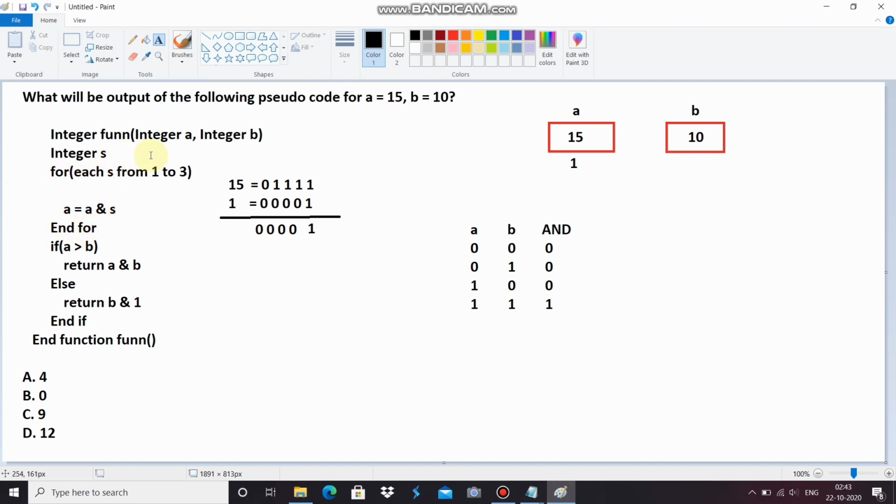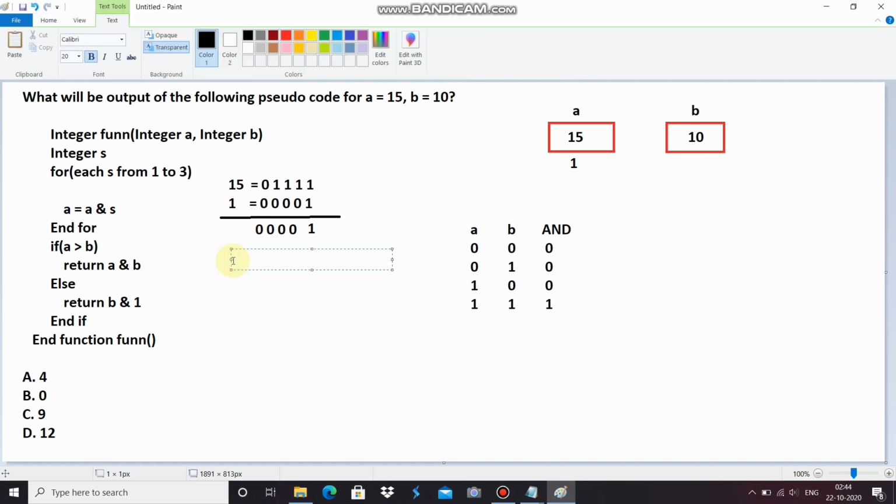it will iterate a second time. The loop will run a second time, and let's again check: the value of a is 1 and the value of s is 2. Then the value of 1 is equal to 0 0 0 1, and s becomes 2, and 2 is equal to 0 0 1 0.